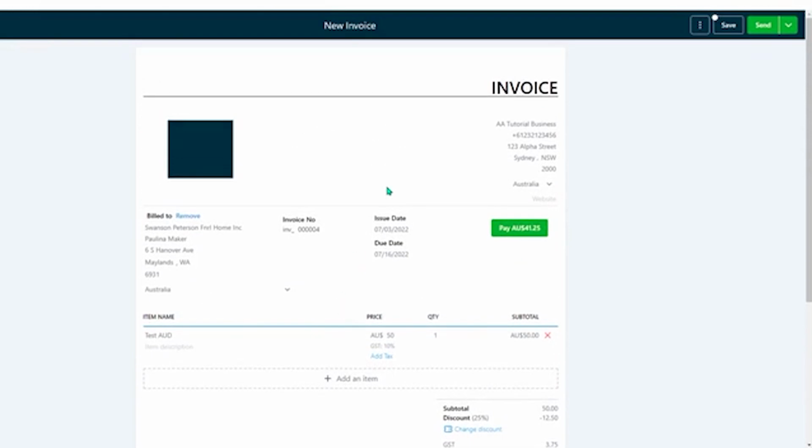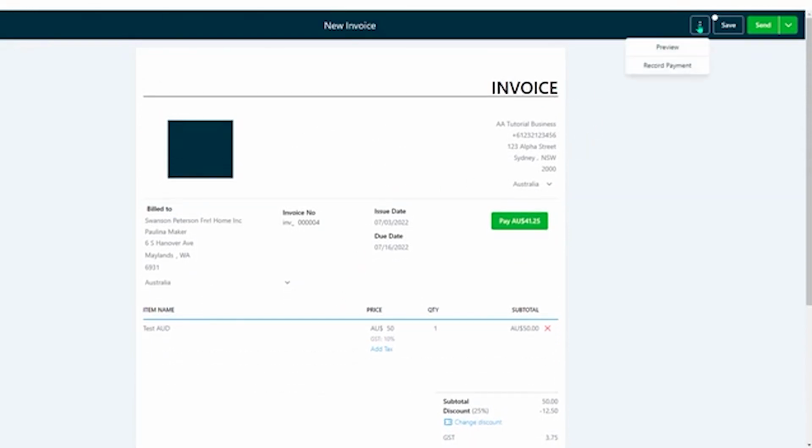Once you've created your invoice and you're happy with it, you have a few options. The first thing is these three little dots up here allow you to preview the invoice, or you can record a payment across this invoice, which I'll cover in a moment. You can save the invoice, which will save it as a draft, or you can send the invoice. There's also a drop down here, copy and mark as sent, which will allow you to copy the actual link